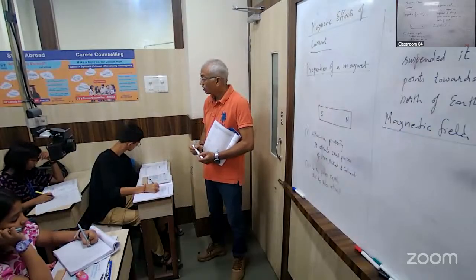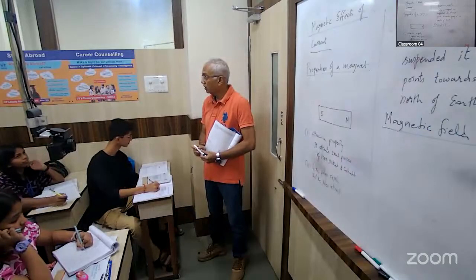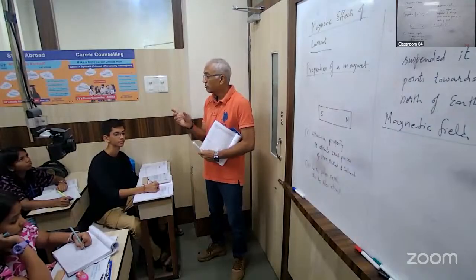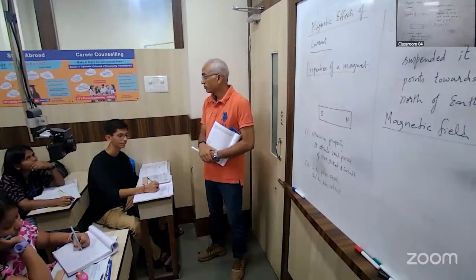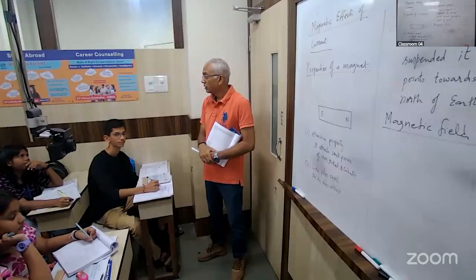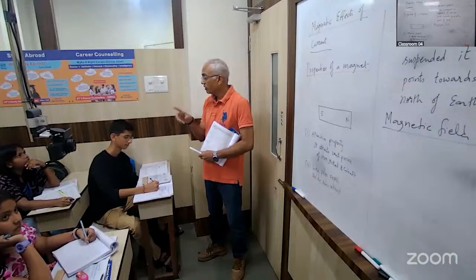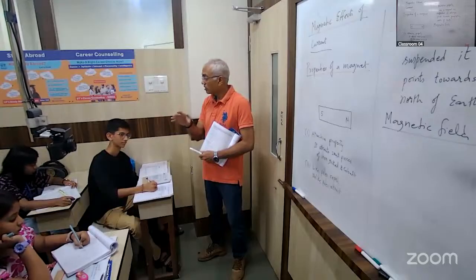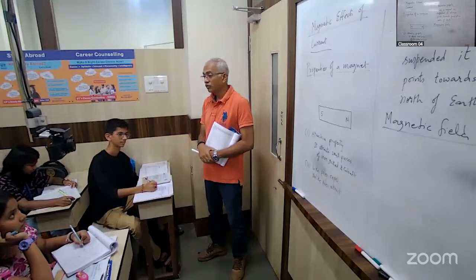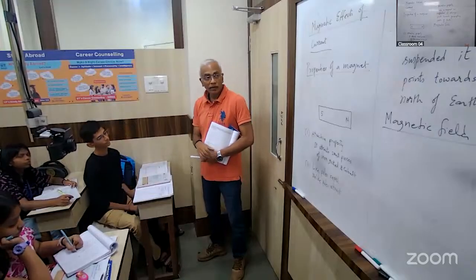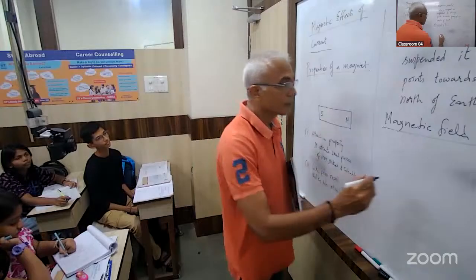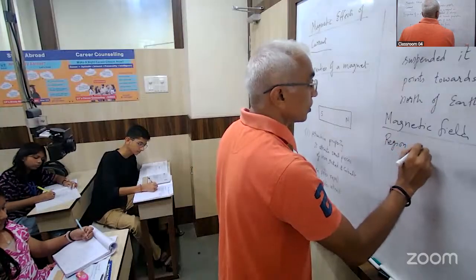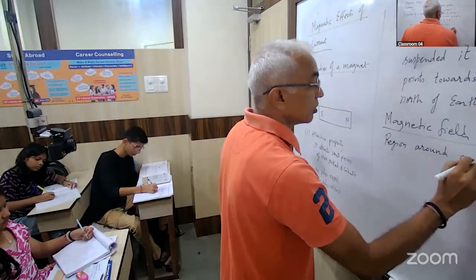It is the region of influence around the magnet in which any other magnetic substance experiences a force. What force? Magnetic force. So it is the region around the magnet